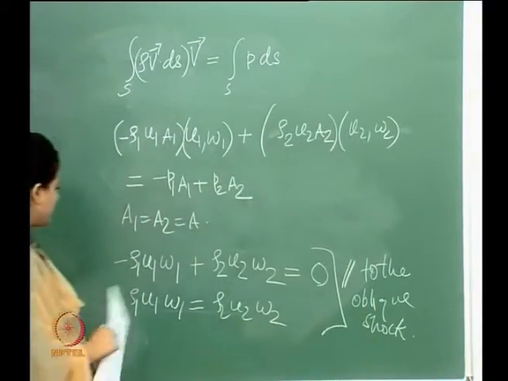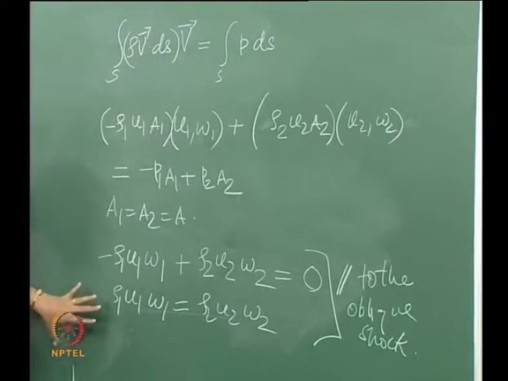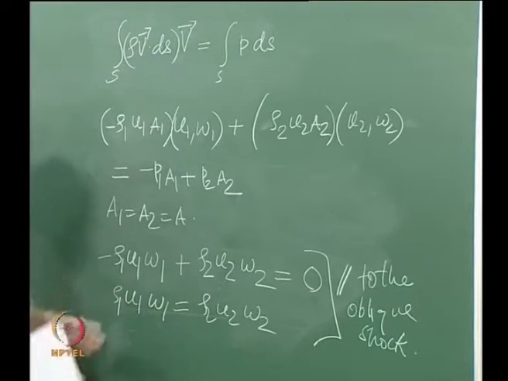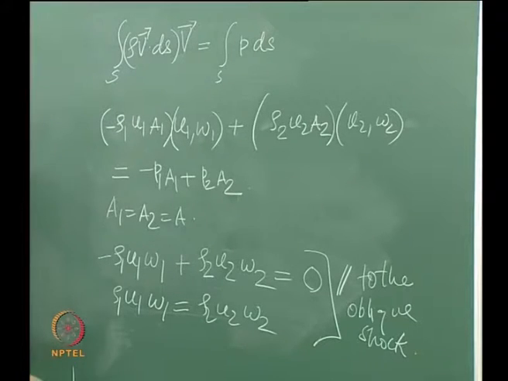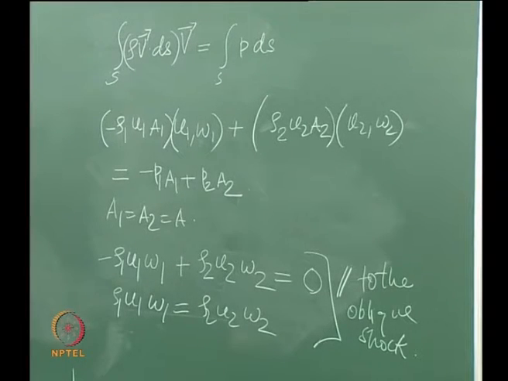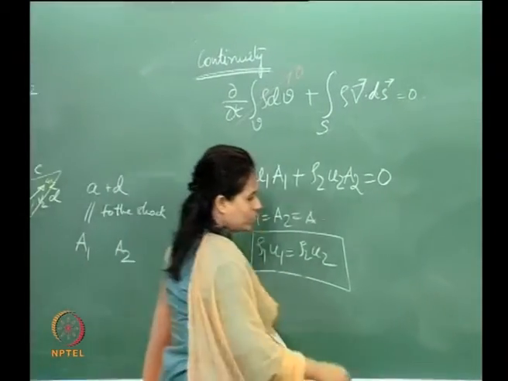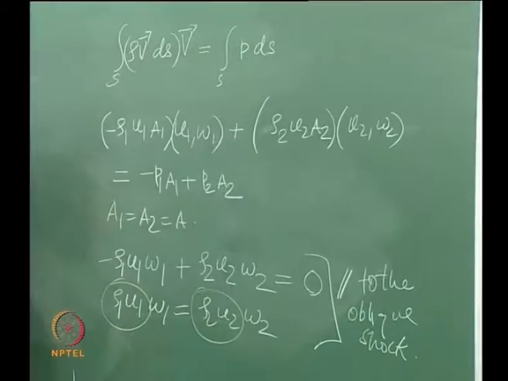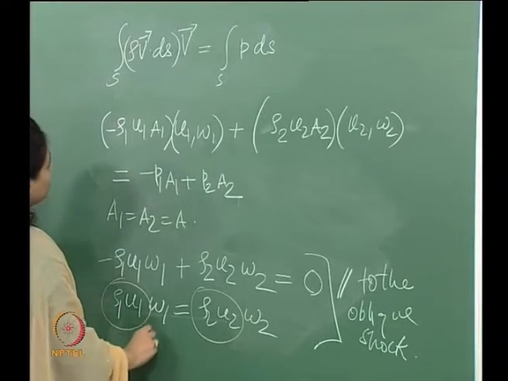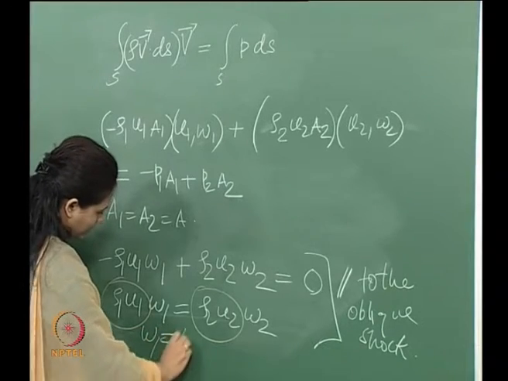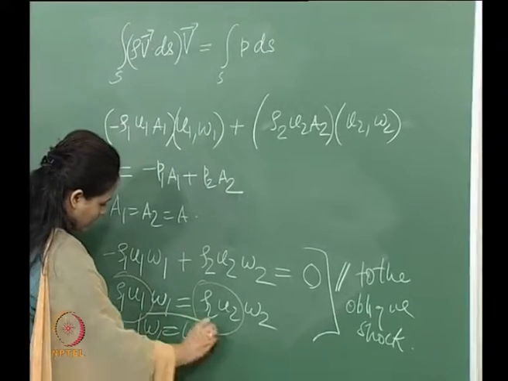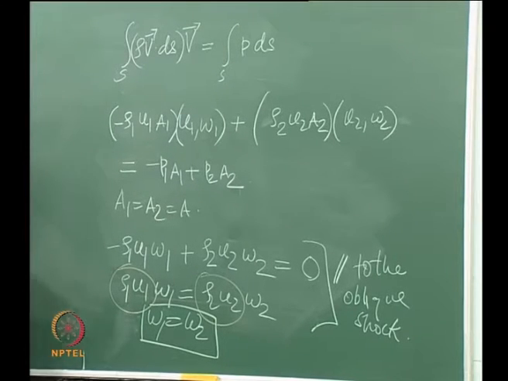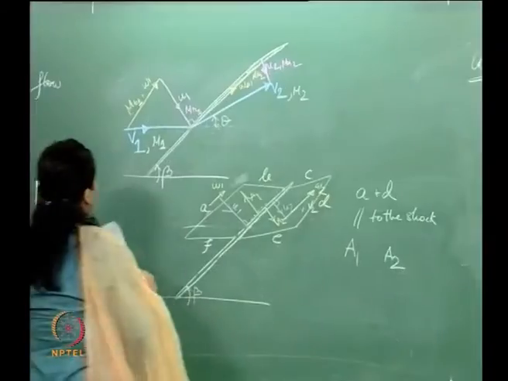Now, from the continuity we have just obtained that rho 1 U1 is equal to rho 2 U2, isn't it? We have just obtained it. So rho 1 U1 is equal to rho 2 U2. So these two are the same, which means that W1 is equal to W2. Now, this is a very interesting result for an oblique shock,